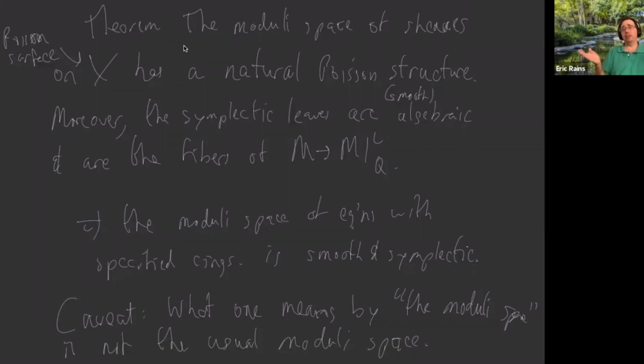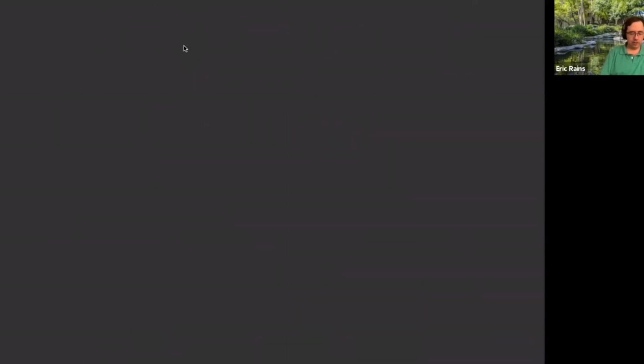That almost always breaks for the usual moduli space. However, if you impose the condition I mentioned earlier, that there are no non-trivial endomorphisms, so the endomorphism ring is just the multiples of the identity, then you actually do get something that represents the natural equivalence relation. The cost is it's not a scheme anymore, and it's definitely not projective. So you get something called an algebraic space,